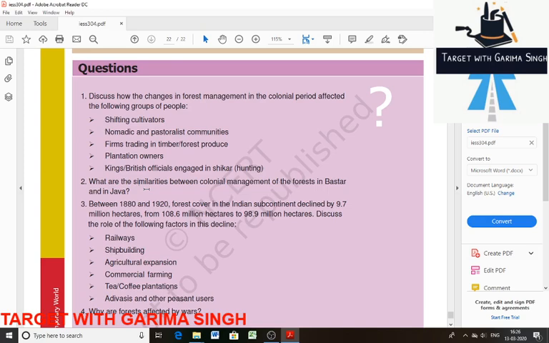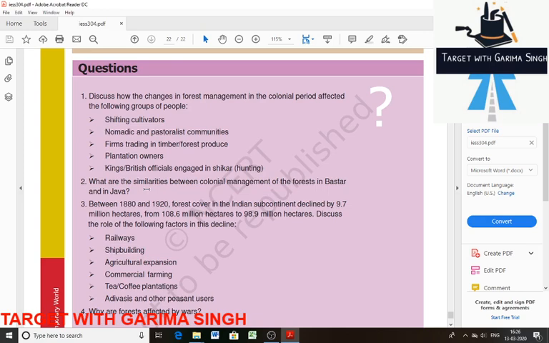The plight of the forest villagers in Java was very much the same as that of the people of Bastar. The Dutch were in control of Indonesia. The skilled forest cutters of Java were in great demand. In the 18th century, the Dutch slowly began to gain control over the forest in Java.